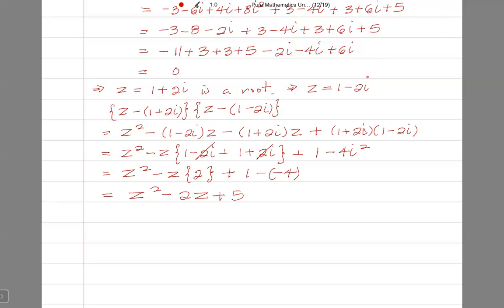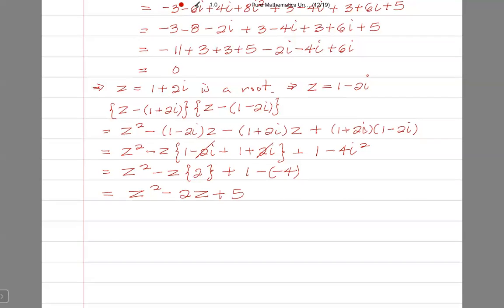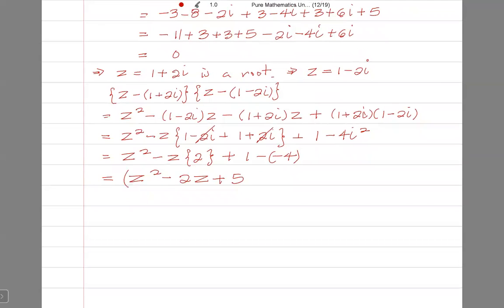Now, we're going to factorize completely. If I multiply z squared minus 2z plus 5 by some other factor, az plus b,